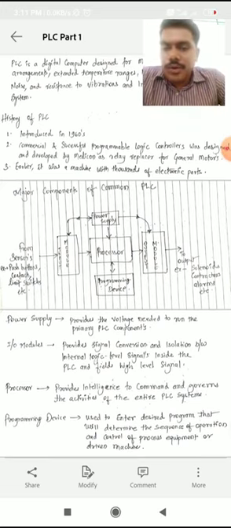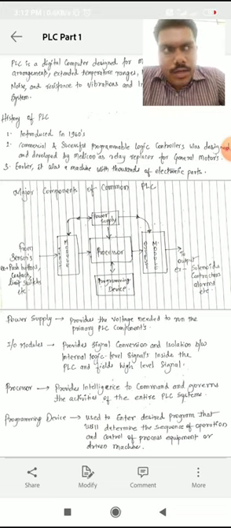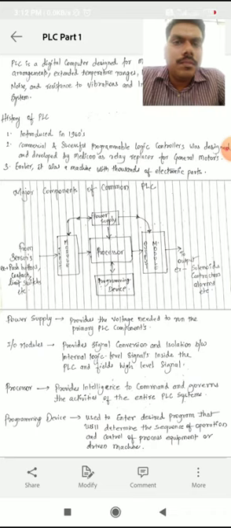The next is the input module. It provides signal conversion and isolation between the internal logic level signals inside the PLC and the field high level signals, right? If we are getting any signal in the form of voltage or current or anything else, it should be converted to an understandable logic.